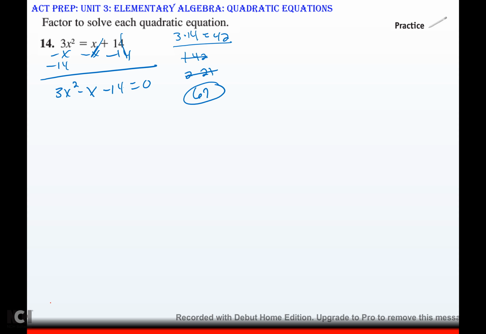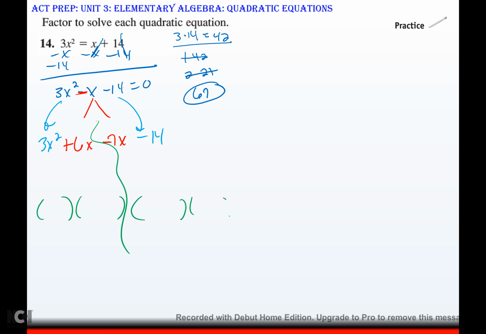So, I'm going to rewrite this with 6x and 7x, and c will tell me my signs. C is negative, which means my signs must be different, which means one's plus, one's minus. Bully picks first. He always picks the middle sign, so 7x is negative and 6x is positive. Okay, so now bring down your first and your last. 3x squared minus 14. And we are now at 4 terms, which I can split 2 by 2, GCF,